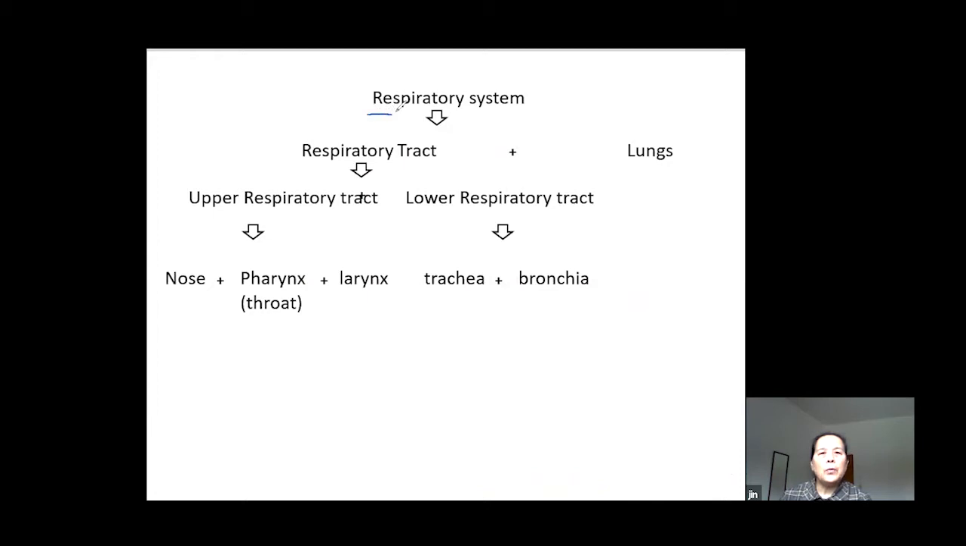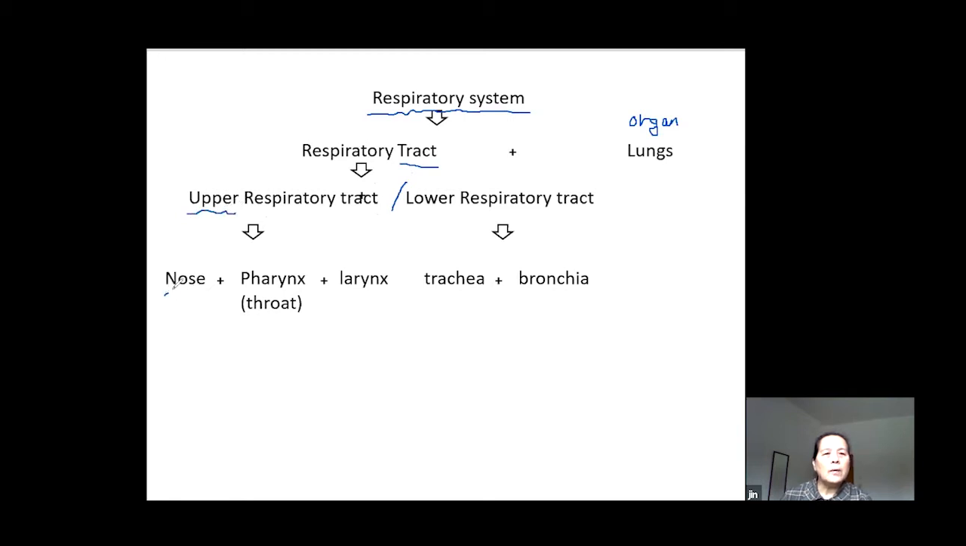So when we say respiration system, we can simply separate it into two parts. One part is the organ part, the lung. Another part is the tube. So the tube will have a bigger one and then branch to small ones, smaller and smaller. But the upper part is basically bigger,